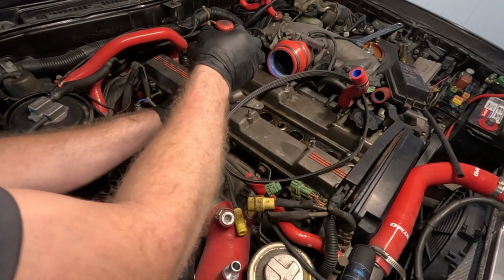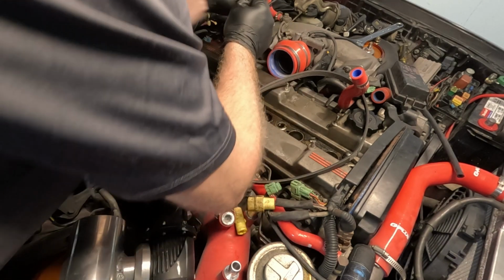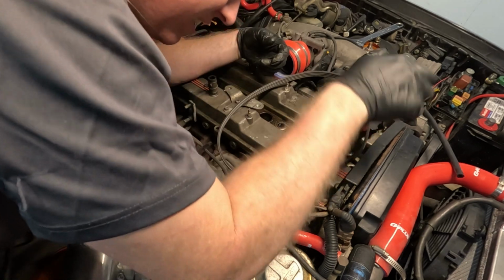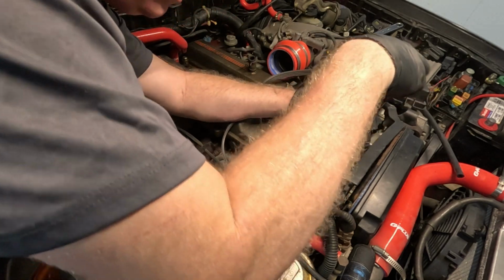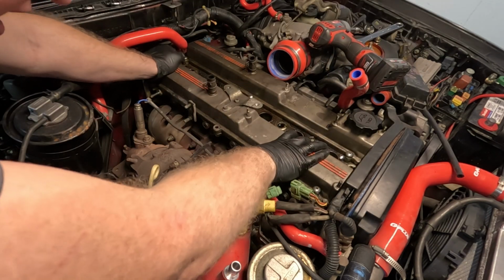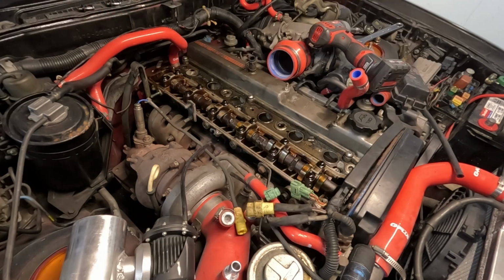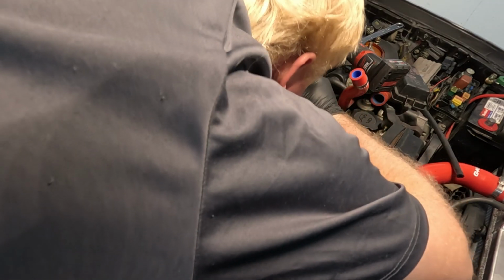I'd be willing to bet that a couple of these are probably not tight. Another one wasn't even tight. These are not even tight. It's no wonder the freaking valve covers were leaking. Oh my goodness, that's not tight at all. This valve cover's barely on here. Somebody went to lunch when they were halfway through this job. And the verdict is,